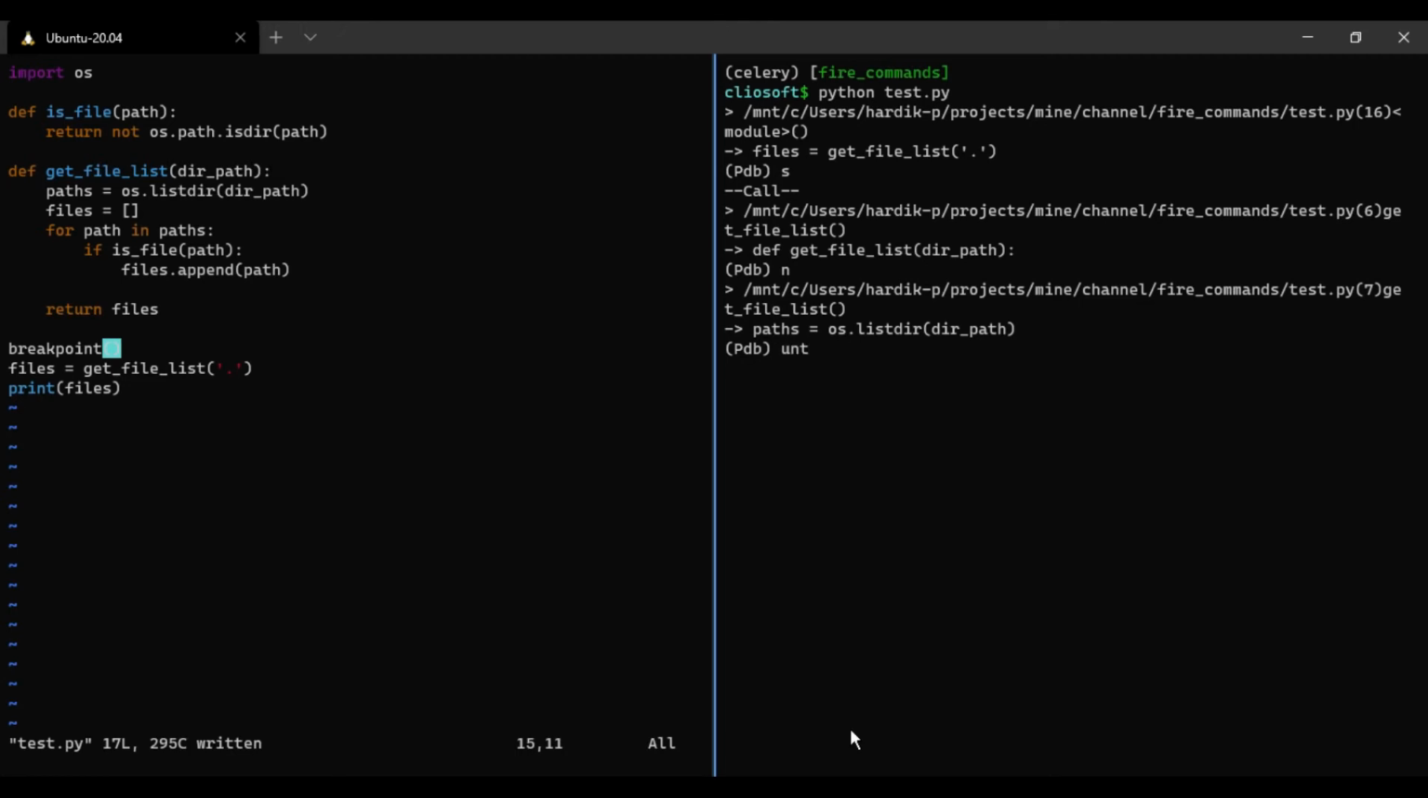Basically the unt command does until and then the line number. Okay, if I don't give the line number, what it does, it continues and stops at the next line. All right, so let's do that. I will explain the difference between unt and n. So n does the same, it always steps over to the next line, but the difference between those two commands